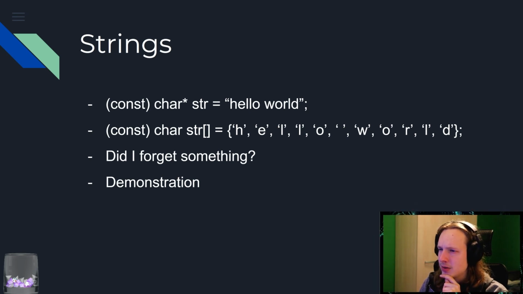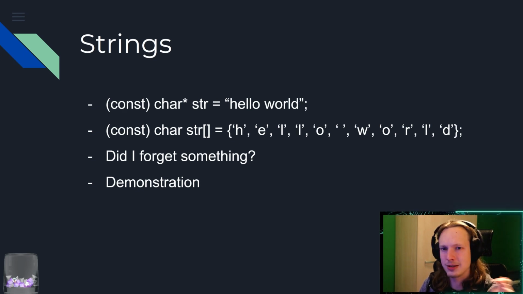You might have heard about something called null termination. And the thing is that in a string literal, like in the top line, null termination is done for you. So really what the top line says is hello world, and then it has a 0 after that. It just puts a little 0 after that. In the second line, you very explicitly tell it not to put a 0 after it. You just put all of the values in there yourself. So clearly you didn't want a 0 in there.